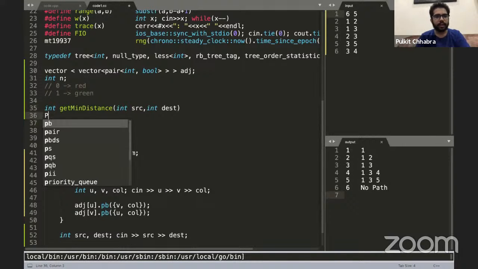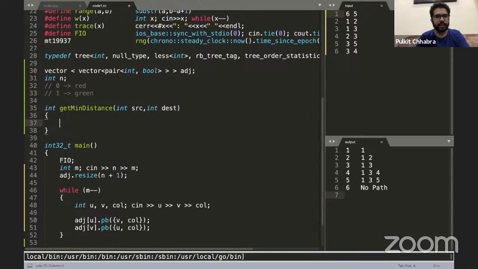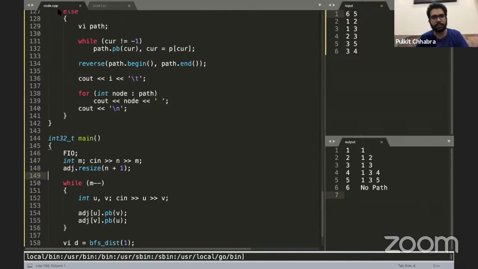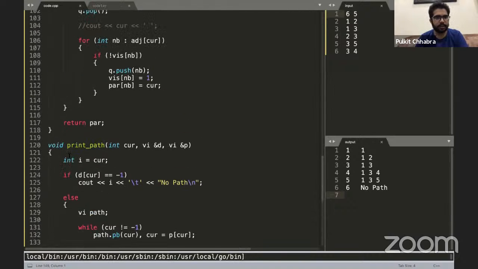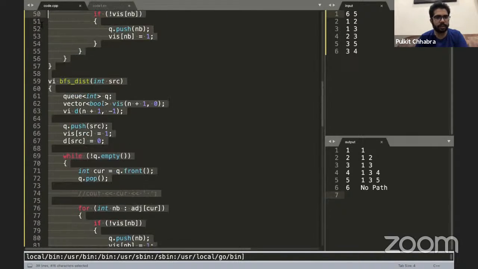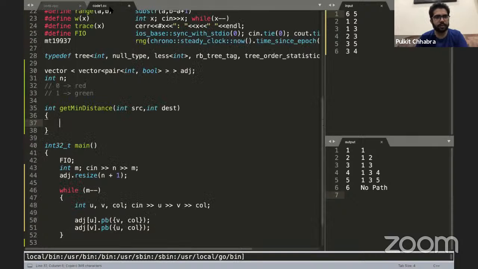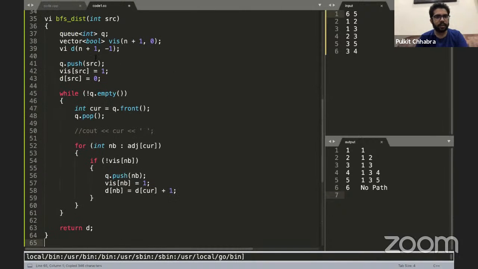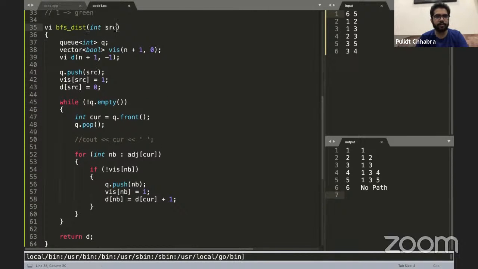All right. So what I'll do is, let's say I'll just modify my BFS function, so that the BFS function takes a color with it, and it just considers those edges which have that particular color. So let me just copy the BFS distance function from the earlier code, right? So let's say it takes a node source and it also takes a color. All right.